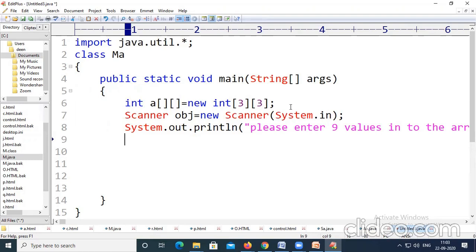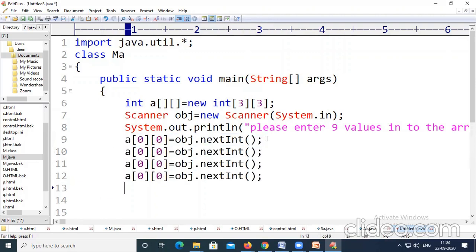Here what we have to do is store the values: a of 0 0 equal to, the first value should be not a of 0 1, it is a of 0 0. The first value will be stored at a of 0 0. We have to give obj dot nextInt, since we are reading integer values. And we have to repeat the statement 9 times.